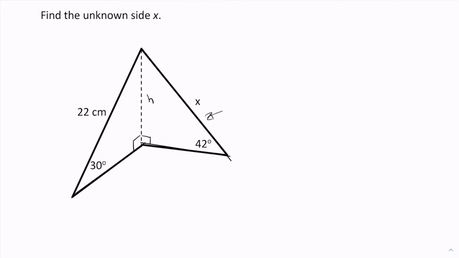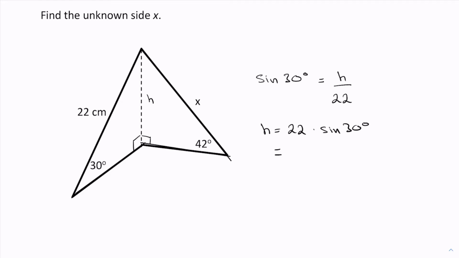So I'm going to start by setting up my equation. Notice how I have my angle, I have a height, opposite side, and I have a hypotenuse. And I can just set up a basic sine. Let me do that over here. So I'm going to have sine of 30 degrees equals opposite over hypotenuse. And if I rearrange, I get height equals 22 times sine of 30 degrees, which I'm going to have